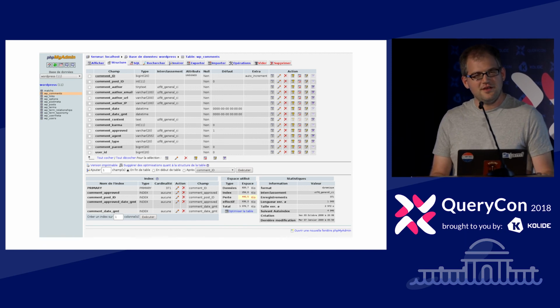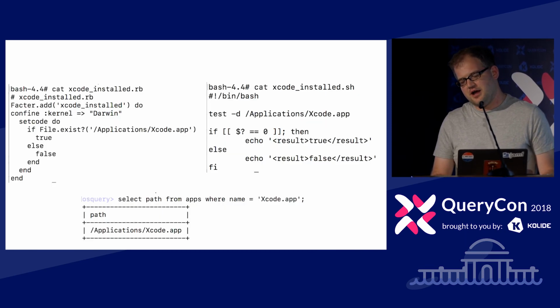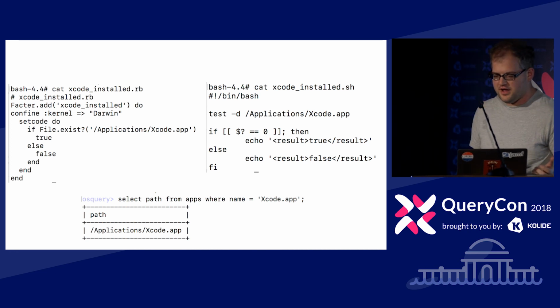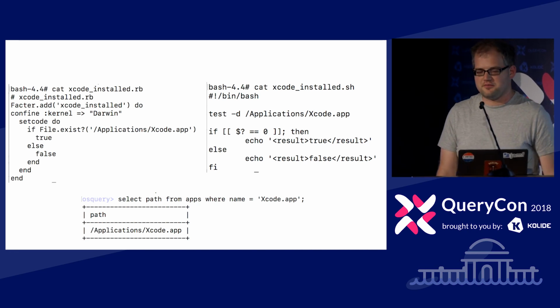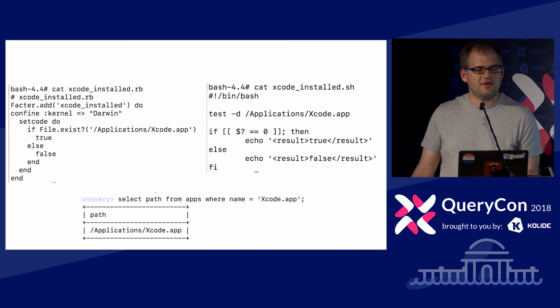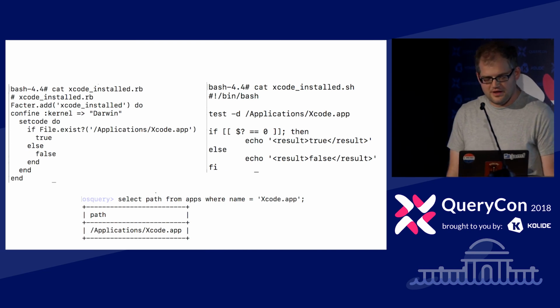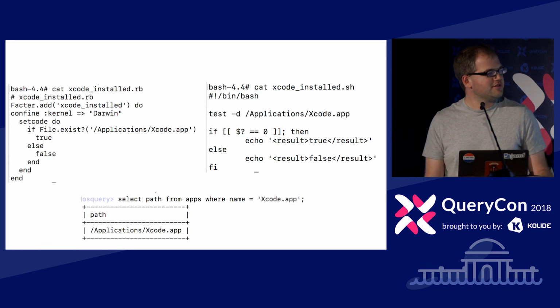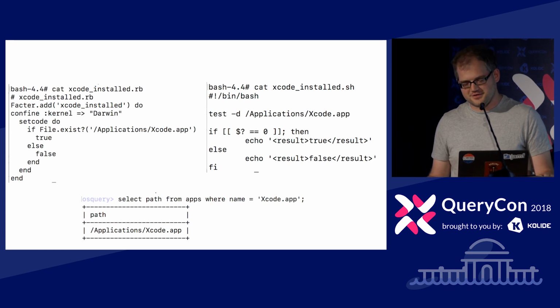So, if I think back to 2014, we did have ways to query information about our machines at the time, and still today. Facter, which is part of the suite that you use for Puppet, was a way to query things about the machines. So let's say we wanted to find out if Xcode was installed on a Mac. We would write this Ruby script. It would add this fact, and it's pretty simple. It would just use Ruby to see if a file existed and return true or false.